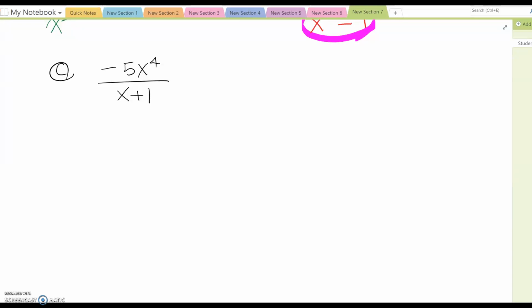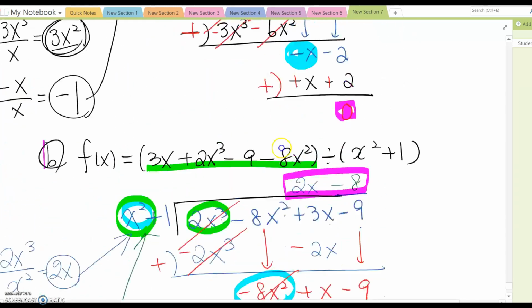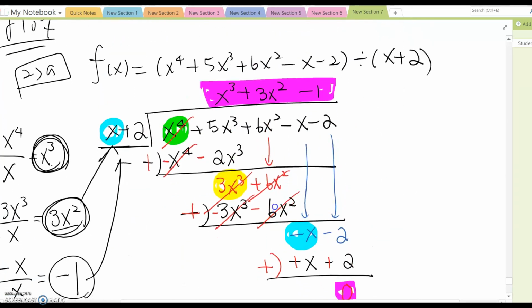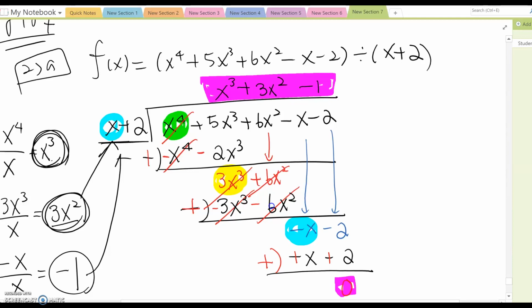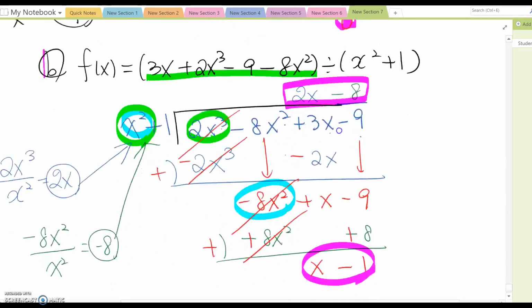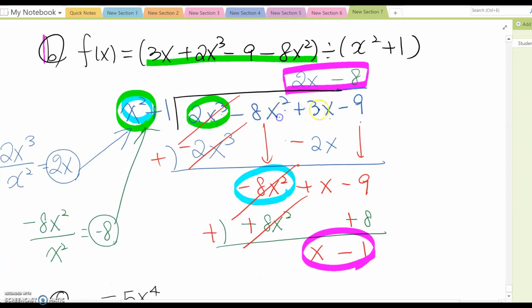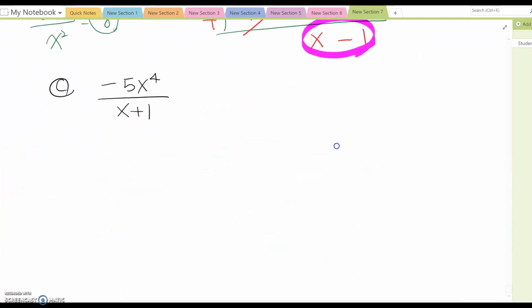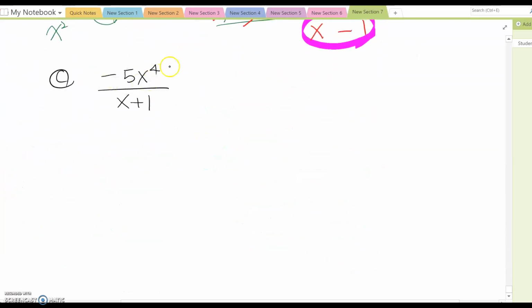Okay, so let's look at this problem. Unlike the previous two problems, where we had all terms, like a 4th degree, 3rd degree, second degree, single and number, and the second was also cubic, square, single and number, in this one we have only one term in the numerator. But we can still solve this problem using the long division method. So just set up